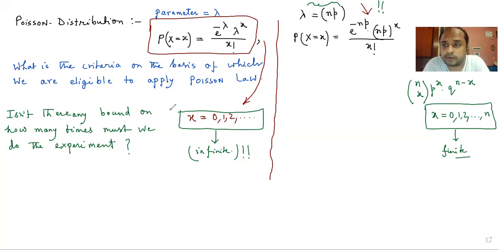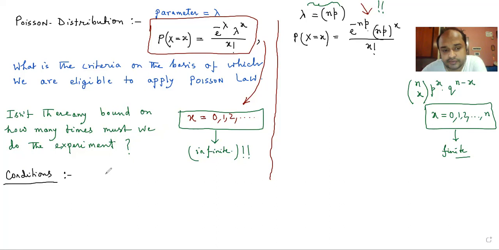So we are not sure how many times we must perform the experiments, and that we actually call infinite. In this situation there is an underlying condition on the basis of which you can apply the Poisson probability law, not always. So what are these conditions? The conditions are,